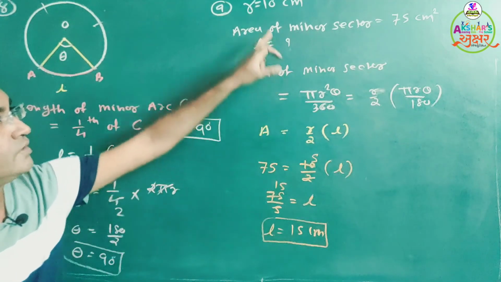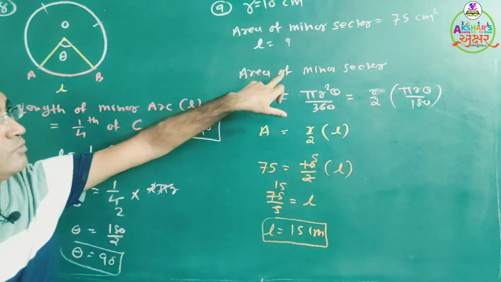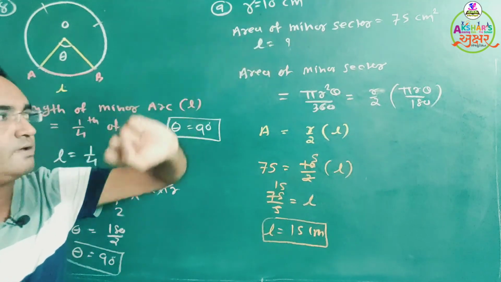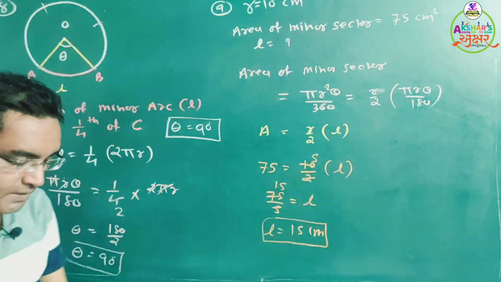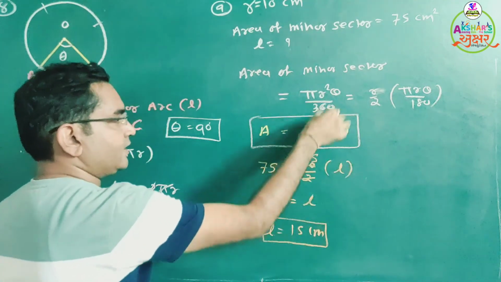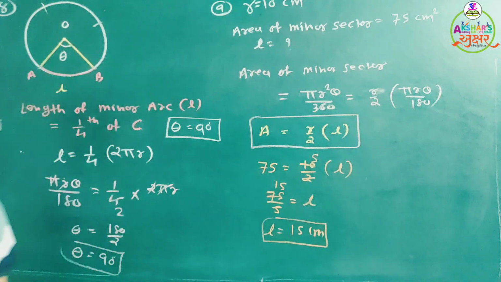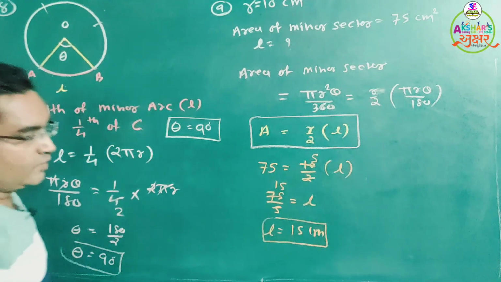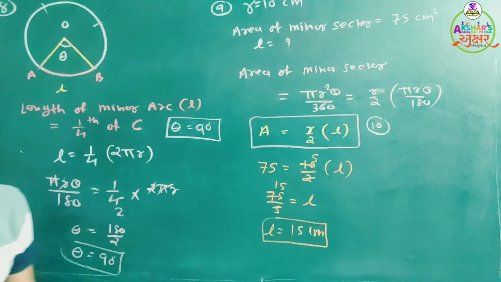Clear students? रेडियस गिवन थी, एरिया ऑफ माइनर सेक्टर गिवन था, तो आपको माइनर आर्क की लेंथ फाइंड करनी थी। एरिया का फॉर्मूला यूज़ किया, ये डीराइव फॉर्मूला अगर आपको डायरेक्ट आता है तो आप डायरेक्ट कर सकते हो, लेकिन यहाँ पर मैंने आपको वो एक बार रिवाइज करवा दिया कि कैसे आएगा। तो एरिया गिवन, रेडियस गिवन, we can find length of minor arc. Done. तो ये था 9th क्वेश्चन। उसके बाद एक छोटू सा 10th क्वेश्चन भी देख लेते हैं। So 10th question is